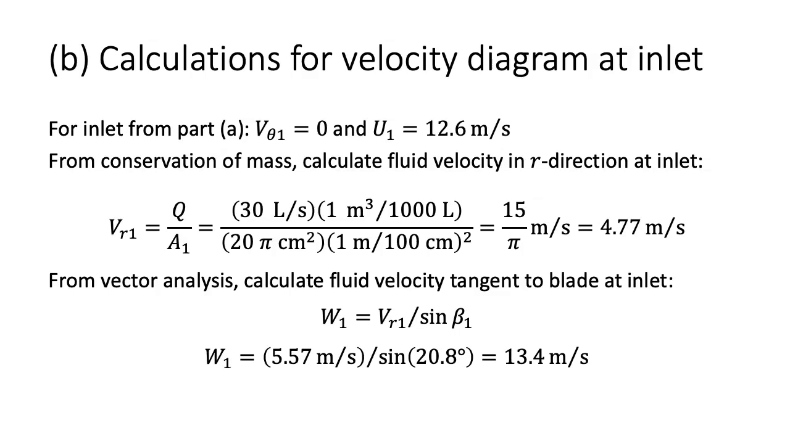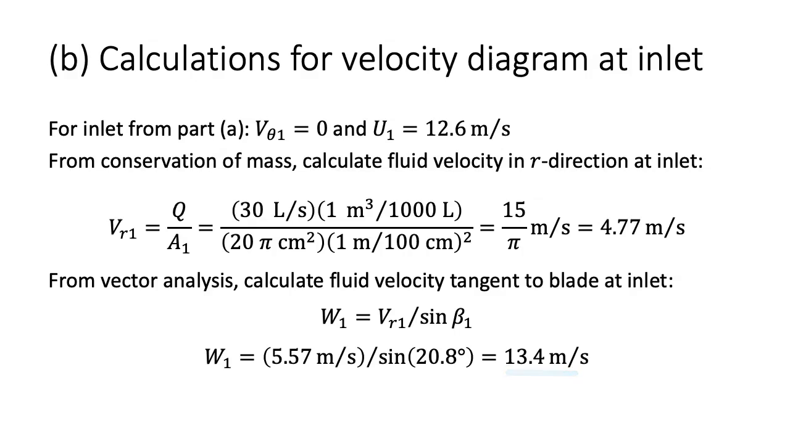For part B, we will plot the inlet and outlet velocity diagrams to scale, which requires calculating all of the fluid velocity components. For the inlet, for swirl-free entry, the theta component is 0. Also, we have already calculated the blade velocity. For the radial component, from conservation of mass, we calculate a velocity of 4.77 meters per second. Finally, for the fluid velocity component tangent to the blade, again from vector analysis, we get a velocity of 13.4